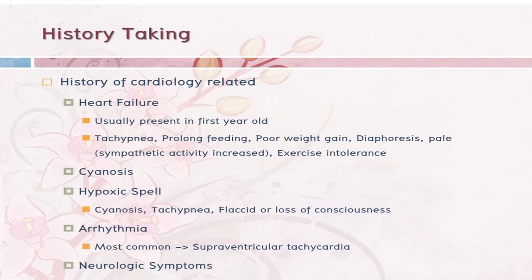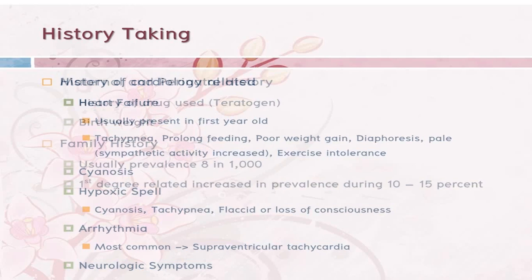So in a newborn child, it will be extremely difficult to get any history, but clinical examination might show you cyanosis. At a further advanced stage, you might see a child with hypoxic spells, particularly in tetralogy of Fallot. You might see cardiac arrhythmias like supraventricular tachycardias, some CNS findings, etc.